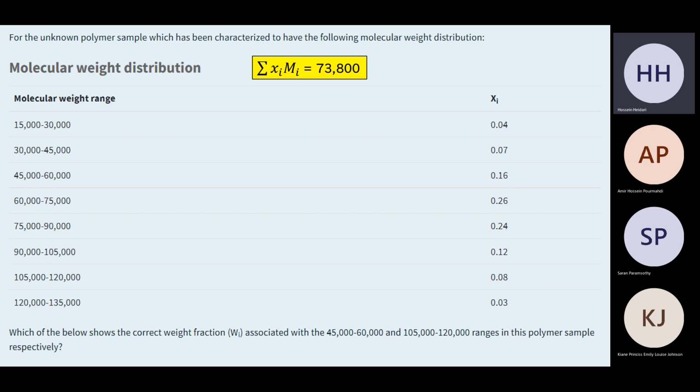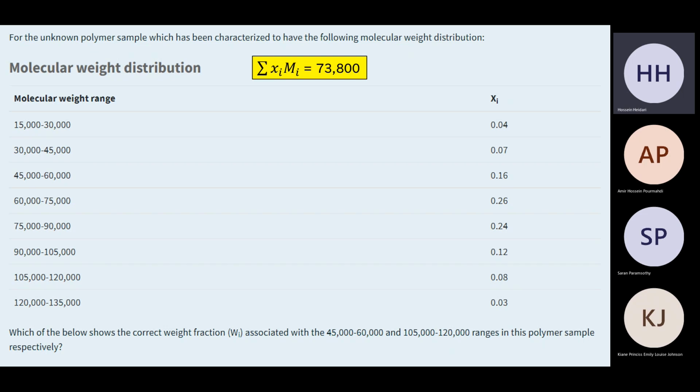Now, the worst torture would be if they asked you to now calculate the weight average molecular weight, right? So that way you'll have to find the weight fractions for each of these, and then find the product and sum based on those. Okay, that would take the most time. But to calculate it for an individual subcategory or subpopulation, it's pretty fast to do that.